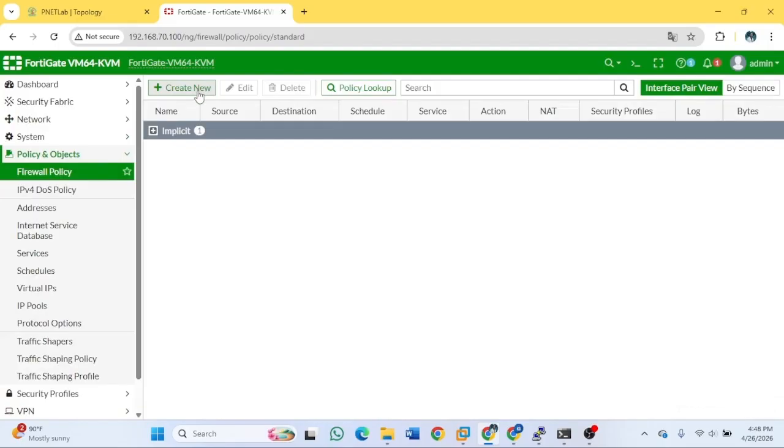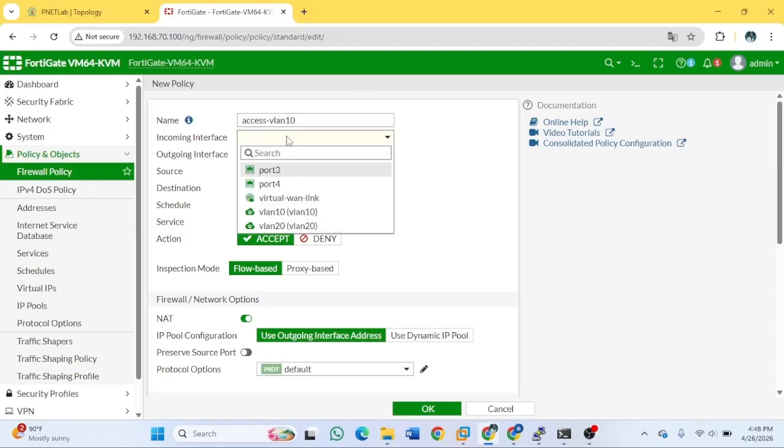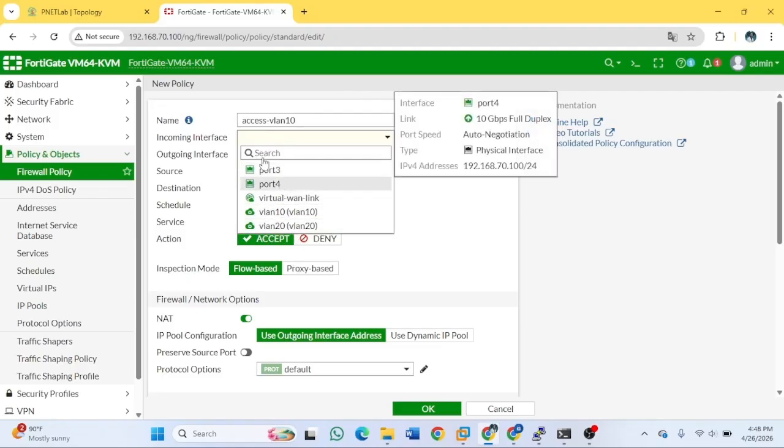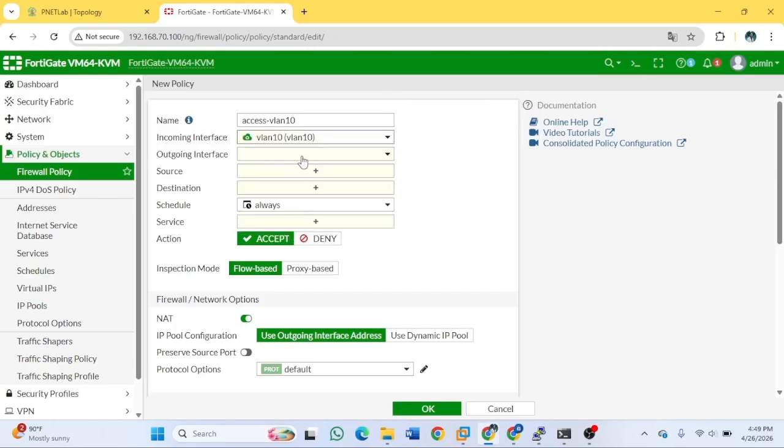Here I'm going to create the policy for the VLAN: access VLAN 10. The incoming interface is VLAN 10.